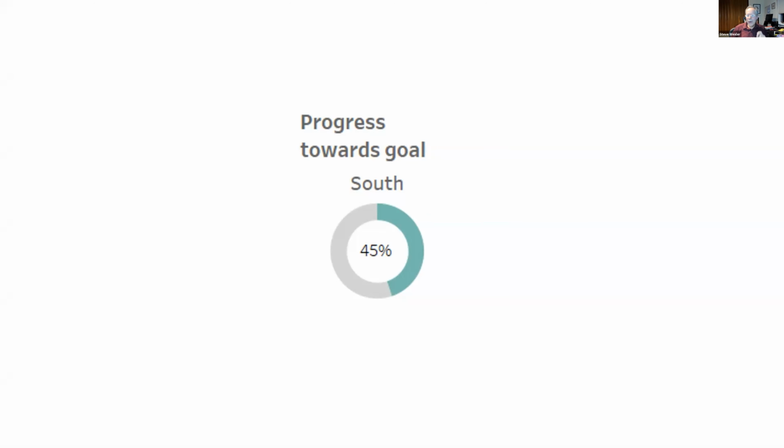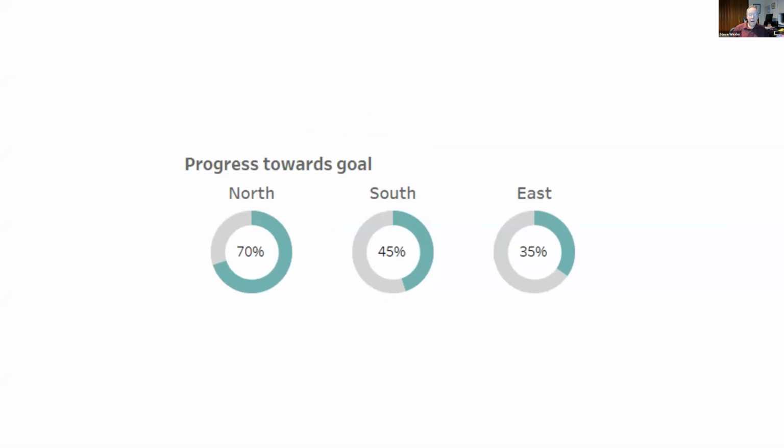The problem occurs if you have more than one donut chart, and if there are a whole mess of slices. So I think this is absolutely fine. I think this is dreadful because it looks cool. People love having the little number in there, but how much bigger is north than east? Oh, it's twice as big. How do you know that? Because the number is in there. If the number weren't in there, you'd be spending a fair amount of time.